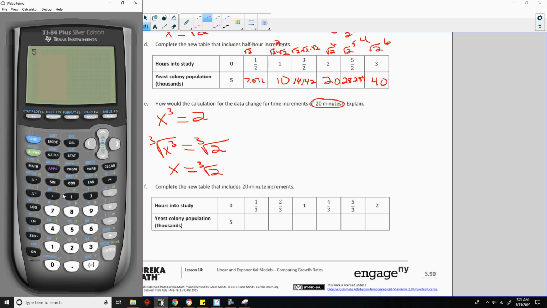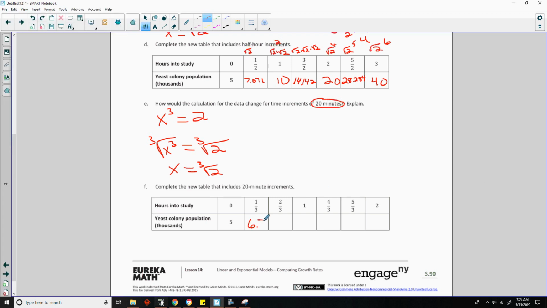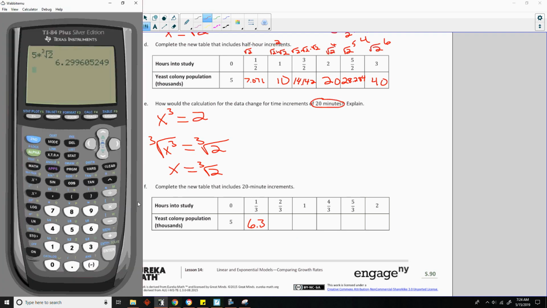So it's 5 times, and I have to hit math first, and number 4 gives me cube roots. So 5 times the cube root of 2 is 6.2999 or 6.3. Let's round that to tenths. Okay? And then I'm going to take 5 times the cube root, math 4, the cube root of 2,